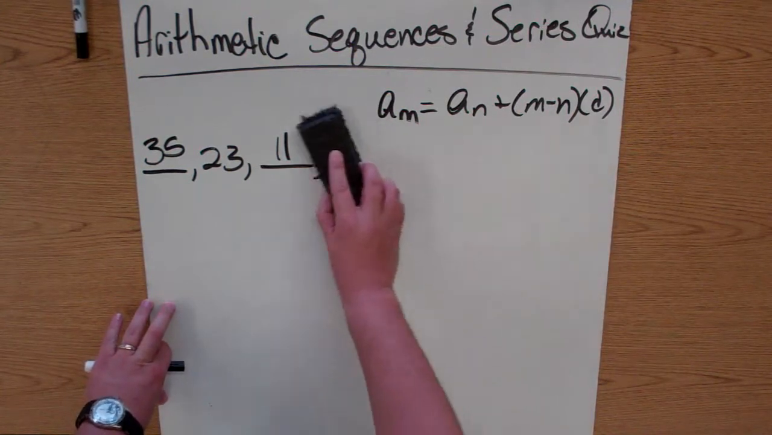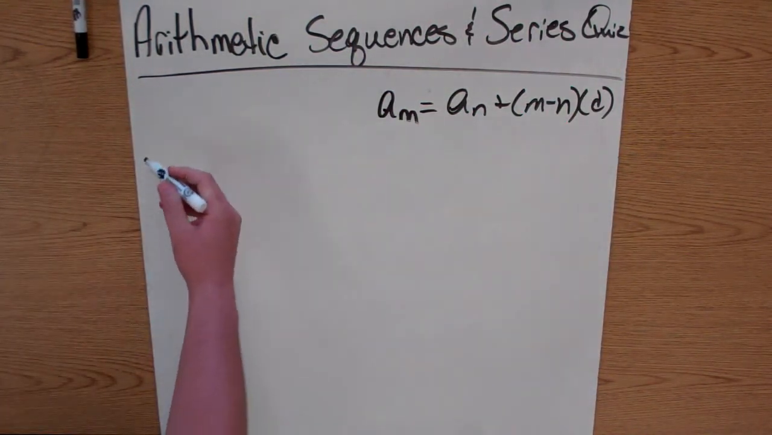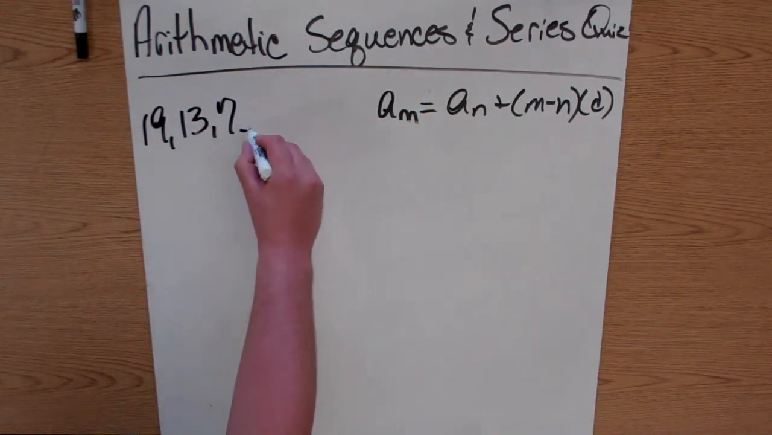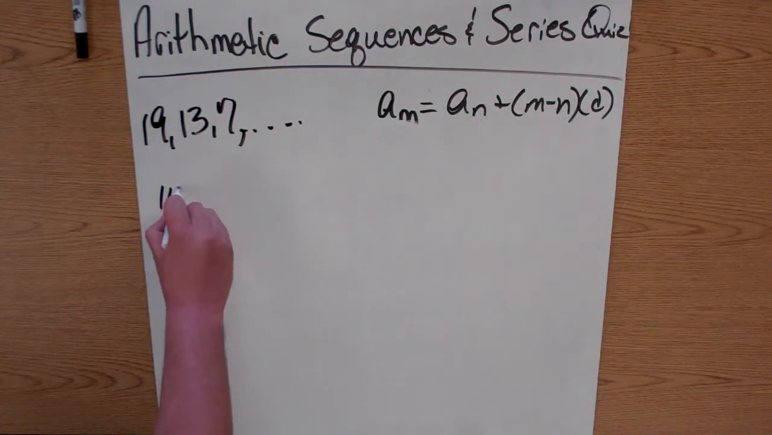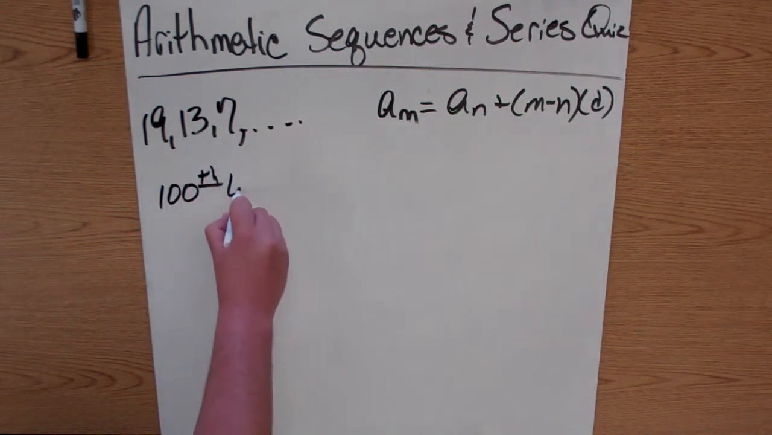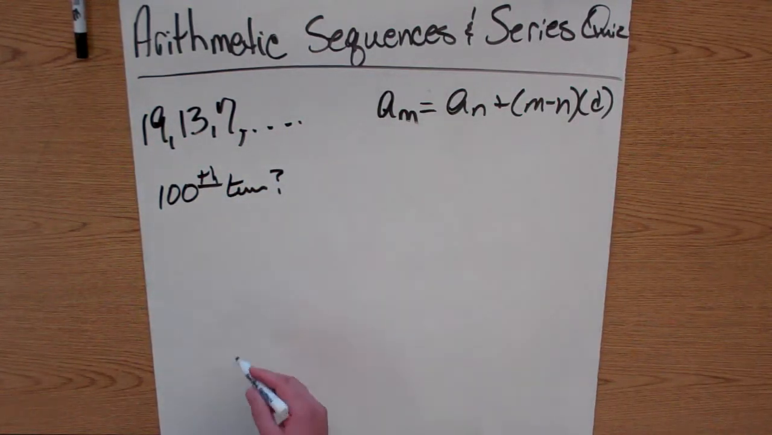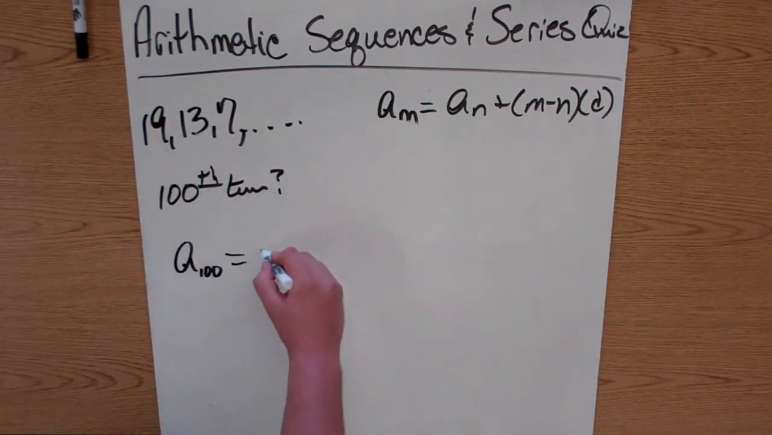Moving on. Number 3, consider 19, 13, 7, and so on. What is the 100th term? So again, we're going to use this formula. A sub 100 equals, let's use 19, that's our first term,